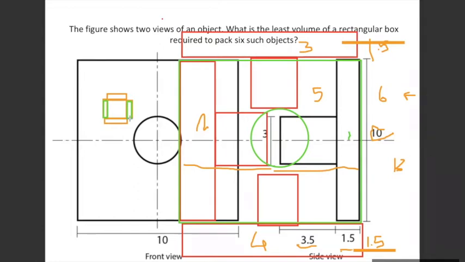Is that correct? Yes. तो कितना विड्थ आएगा? 13 आएगा. This total width 10 plus 1.5 plus 1.5. कंफ्यूजन हो रहा है अभी भी? नहीं, क्लियर हो गया. ठीक है.